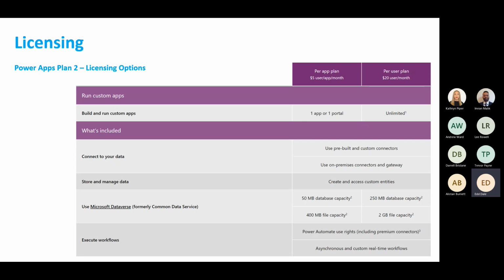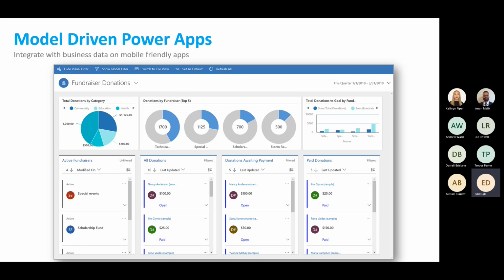Okie doke. Now, when you're using Plan 2, you get the option to build more than just Canvas apps. You're able to build things such as model-driven applications. And model-driven applications start with your data model, building up from the shape of your core data and processes in the common data service to model forms, views, and other components.